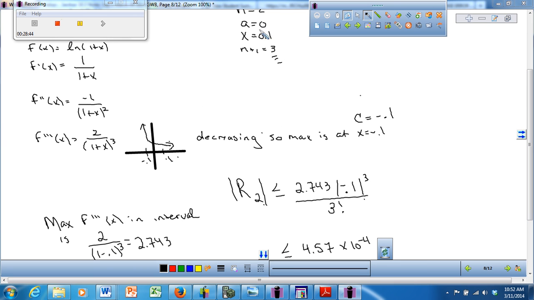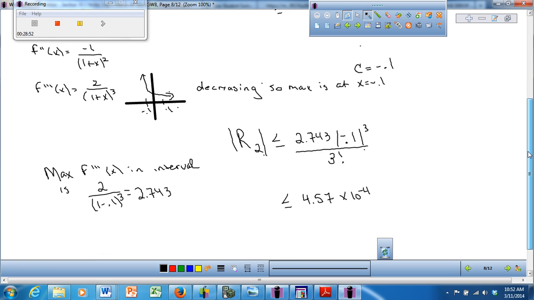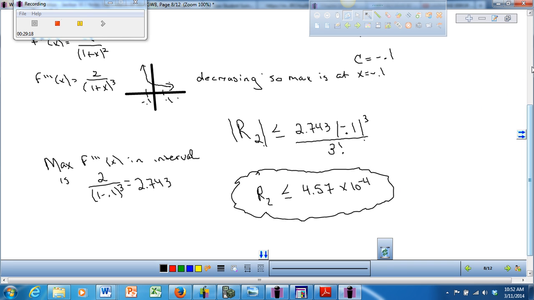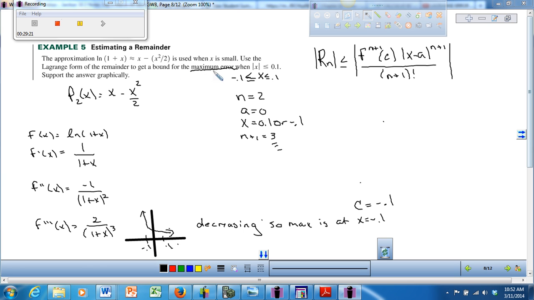It won't matter because we're taking the absolute value. So for negative 0.1 for our x, since we're using our maximum at negative 0.1, I chose to put that in here for my x minus a cubed. And we take the absolute value, it's still 0.1 cubed over 3 factorial. So our remainder ends up being R sub 2 is less than or equal to 4.57 times 10 to the negative 4. Nope, we're just trying to find the maximum error when we're